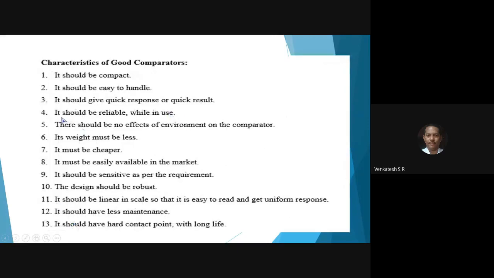And already we discussed good comparator, the characteristics of good comparators. Here you have 13 characteristics. So you can write any 5 or 8 in the examination for 5 marks. So you already have the question, that is, list the characteristics or requirements of the comparator. So here also you have 13 characteristics, write a minimum 8. Minimum 8 in the examination.